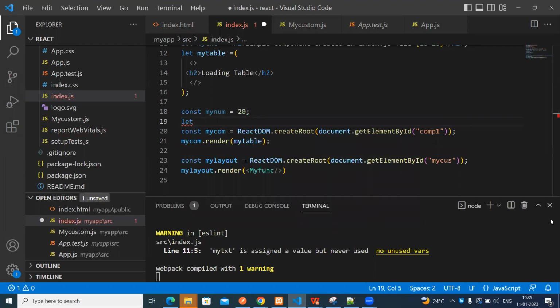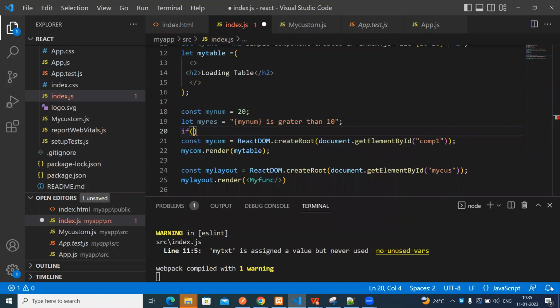Let my res equal to... here my num is greater than 10, right? So then,